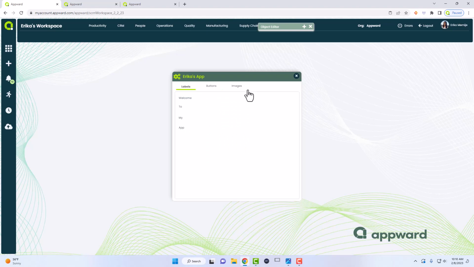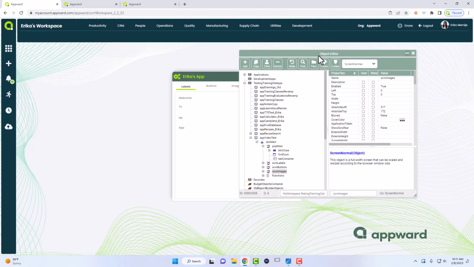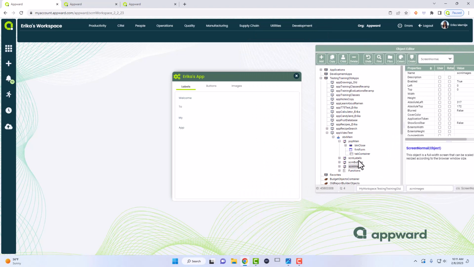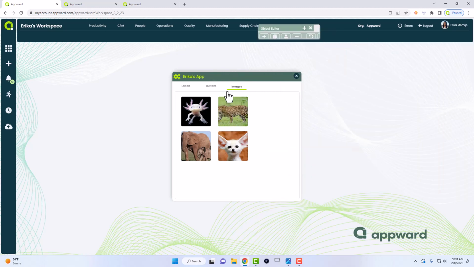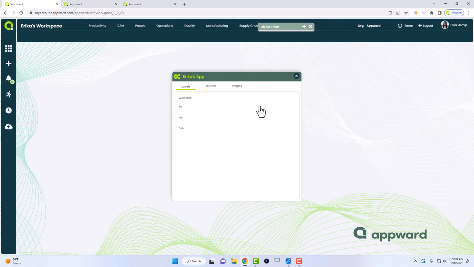What this is actually doing is, if I open up the object editor into this app, you can see here that I have 3 different screens. This first one is screen labels, our second one is screen buttons, and then our third one is screen images. So if I go ahead and come into screen design,